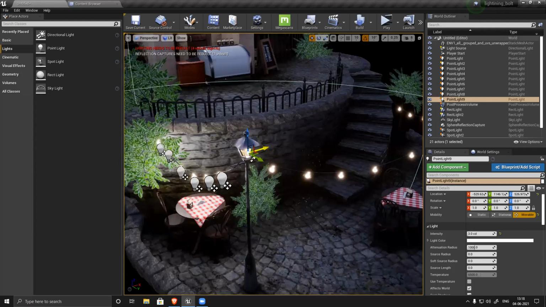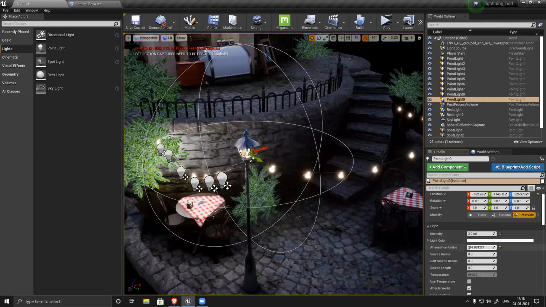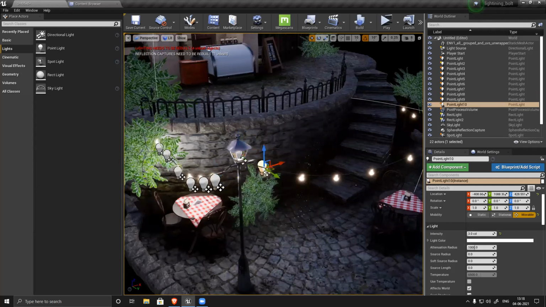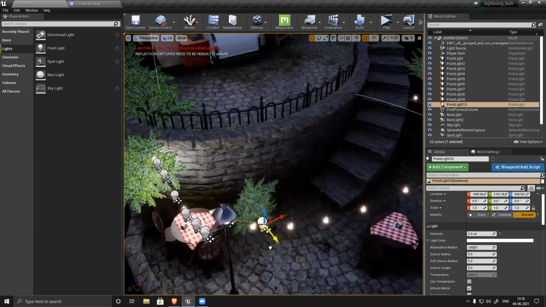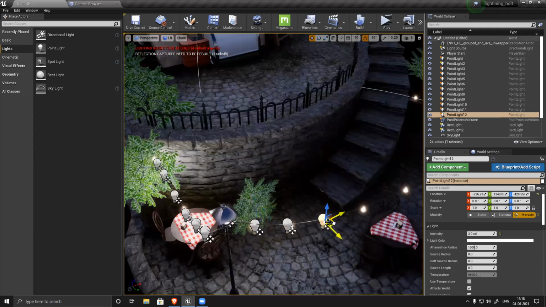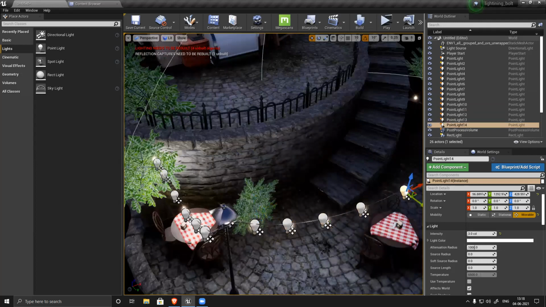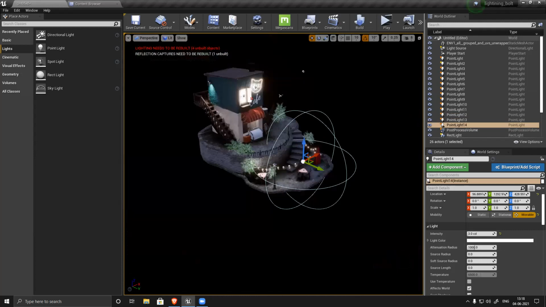Place it inside and reduce the radius for this. For these lights, you can reduce the radius and modify it. You can see gradually it's getting brighter.